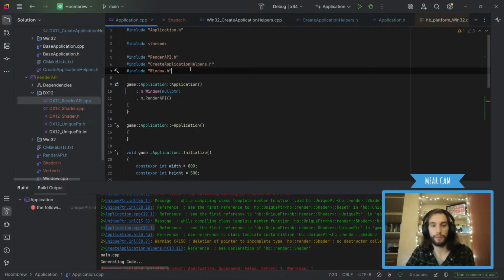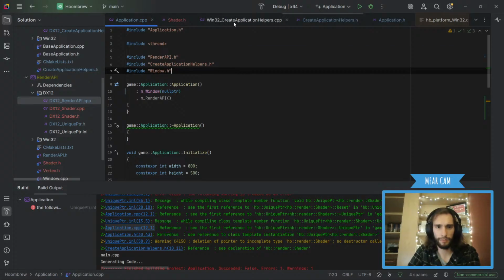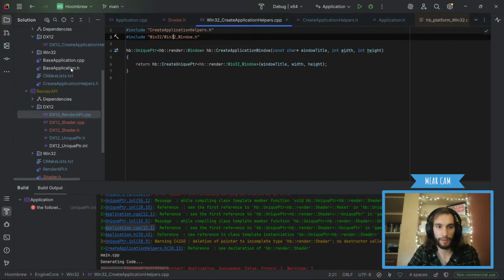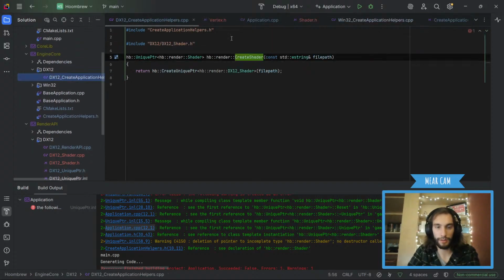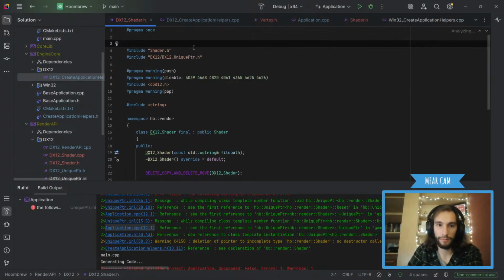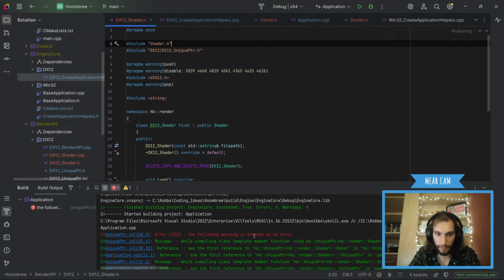I don't include shader. Okay. Shader. Wait. Did application helpers. And 32 application helpers, and then X12 application helpers should do that, and that should include shader. That should work perfectly fine.